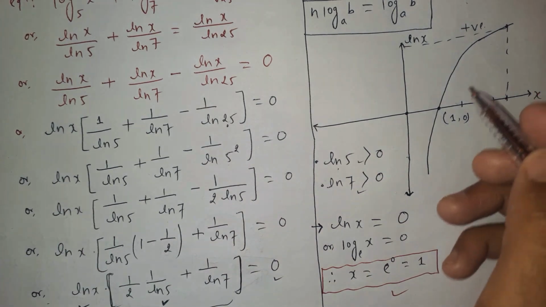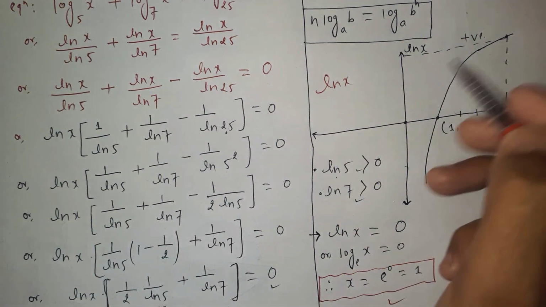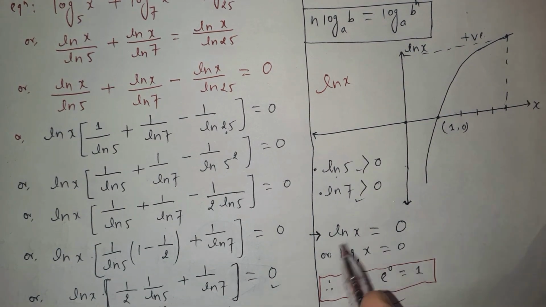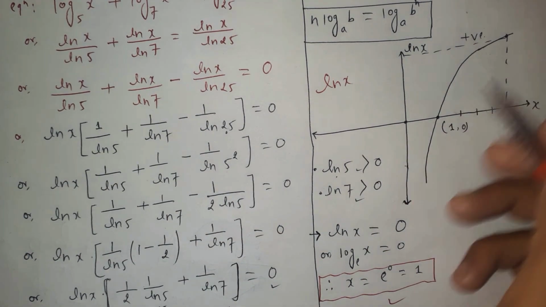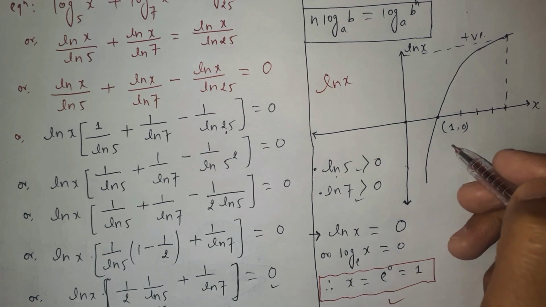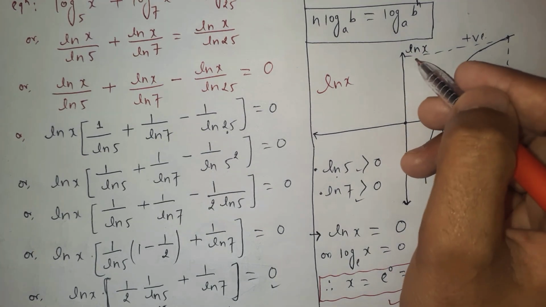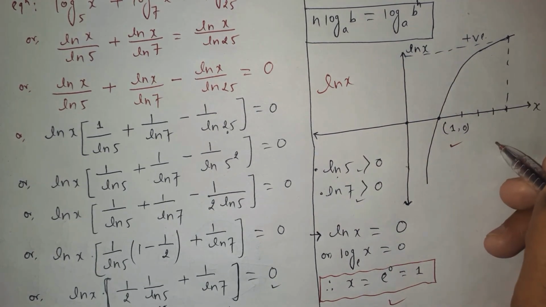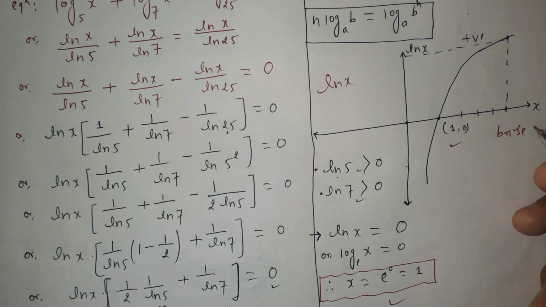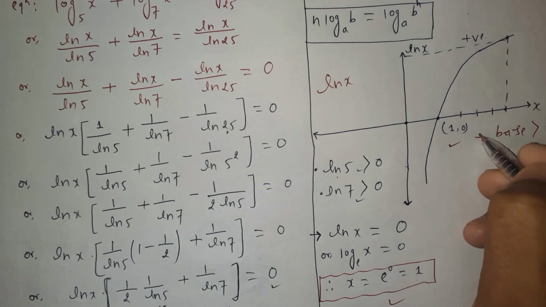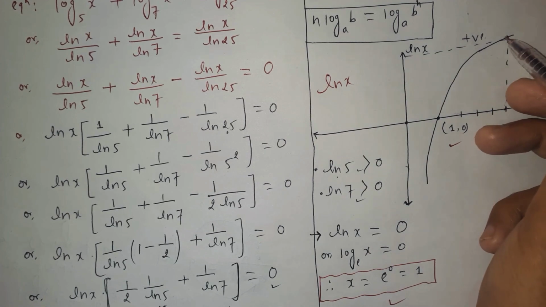Please remember this, the nature of the ln of x. By this graph we can evaluate whether the logarithm has a positive value or negative value; we can easily observe it from this graph. This is the nature of the graph for the ln of x. It is the nature not only of ln of x, but this graph is for all bases of the logarithm greater than 1. If the base of the logarithm is greater than 1, then the graph will be like this.